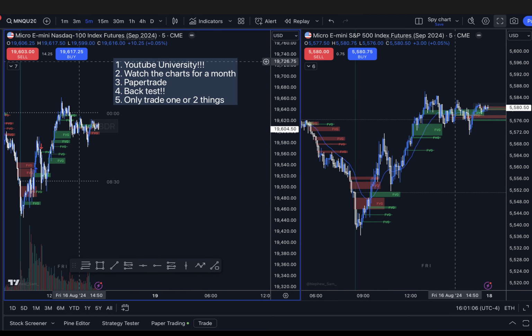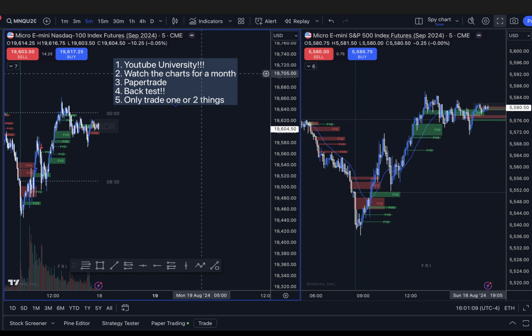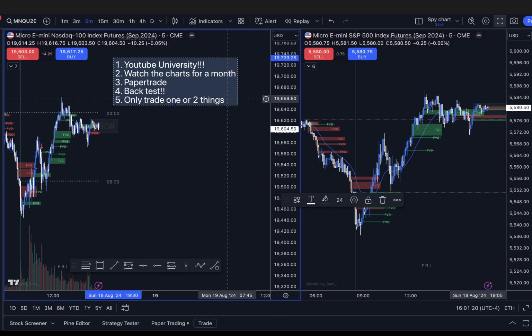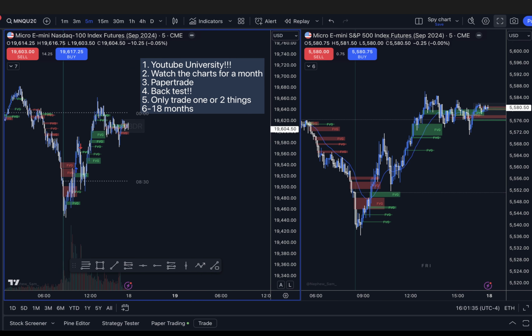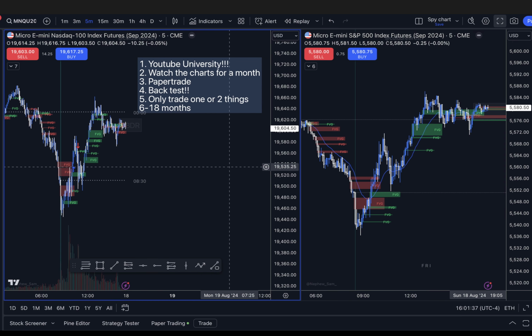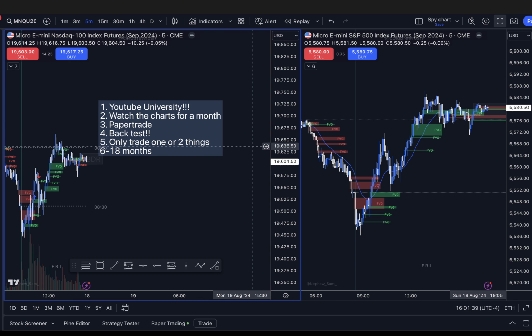But yes, this is how you would trade for free. And I hope that if you really want to trade, you take it seriously and you do it. Please join us. We'll be the next gurus in 2 to 3 to 5 years, teaching everyone how to trade and learn. And I definitely think it doesn't even take 2 to 5 years anymore. You can do this in 6 to 18 months for sure. If you do all this diligently, consistently, you can learn in 6 to 18 months, especially with only learning one thing instead of watching a bunch of charts. I think that's why it took people so long.